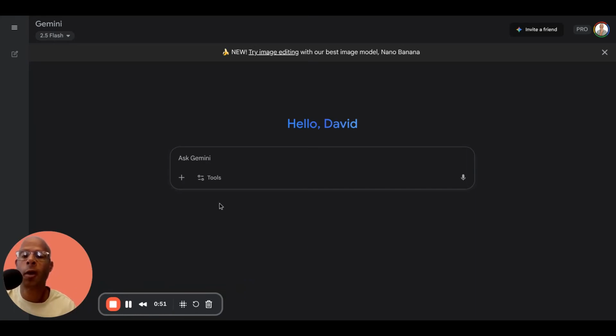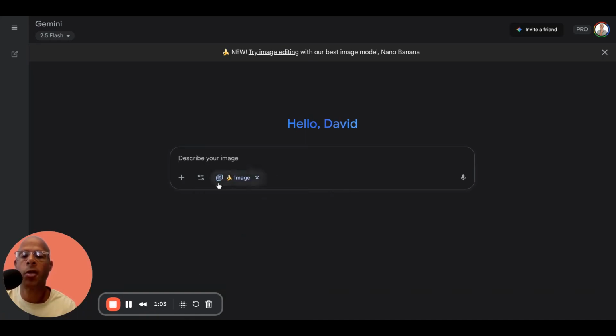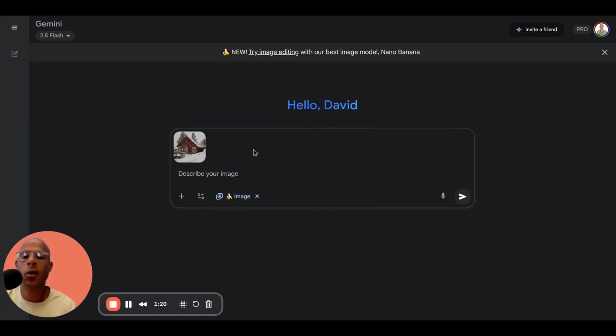I'm going to show you really quick how NanoBanana can change that. NanoBanana can be found in Google Gemini, and you go to this create images part here, and then I will look for images that I've already uploaded, and I've selected an image of a cabin in winter, and I'm just going to ask that it be upgraded